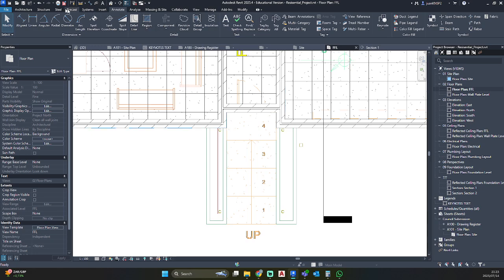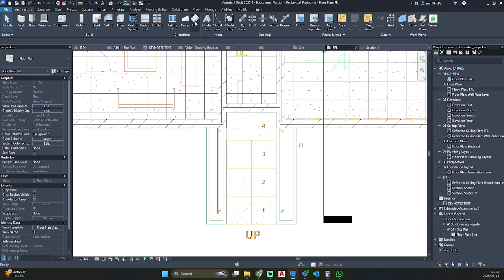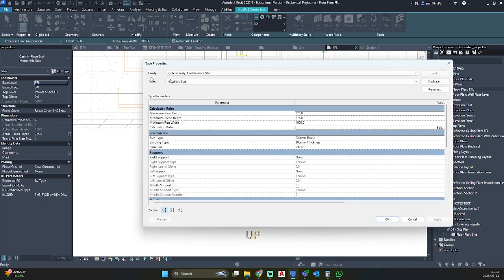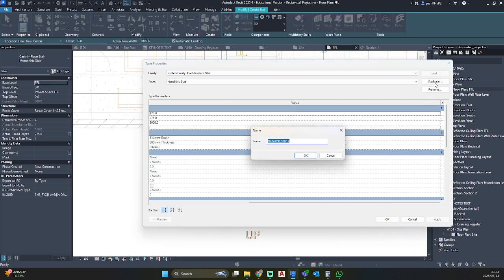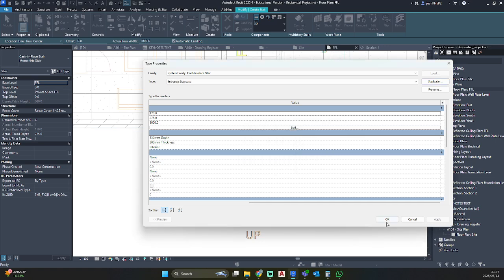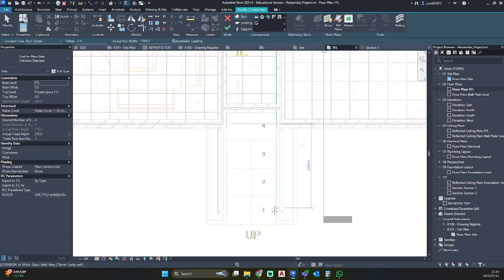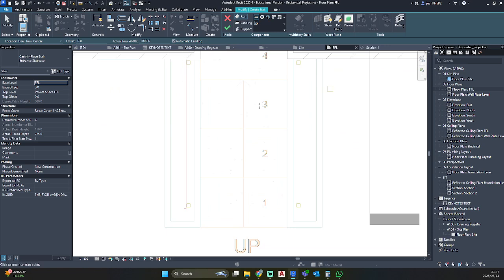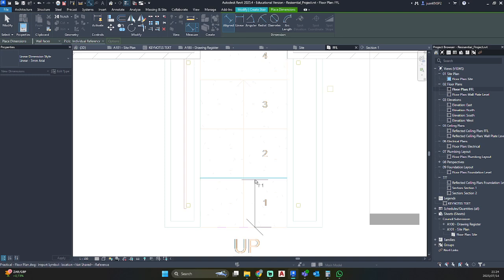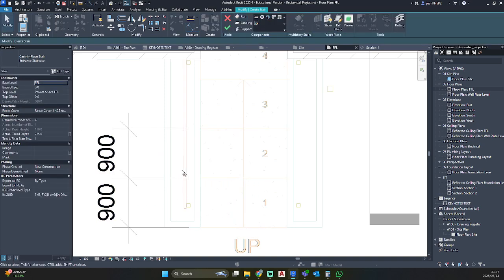So let's go to Architecture, Stair again. I'm just going to go Edit Type, Duplicate, Entrance Staircase. Press OK. So these treads we want quite large. Originally I've drawn them at 900.